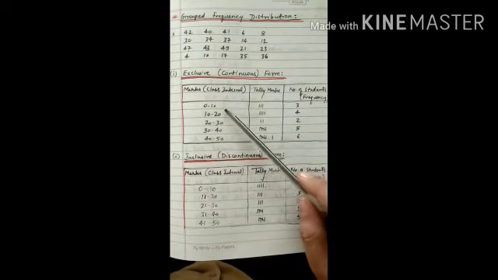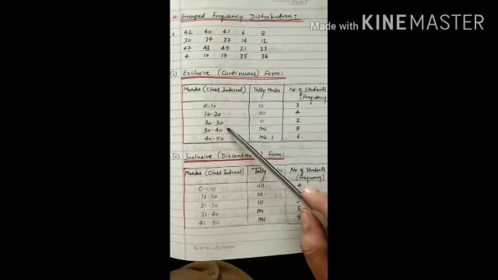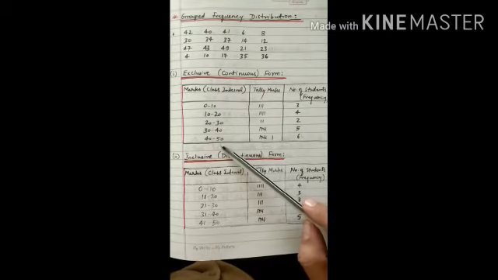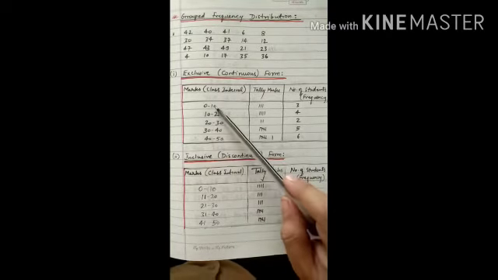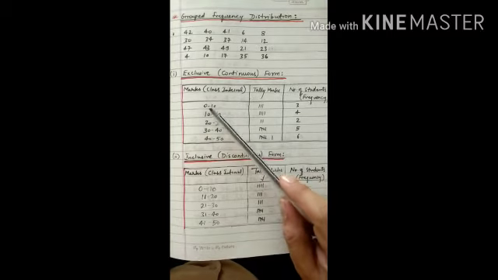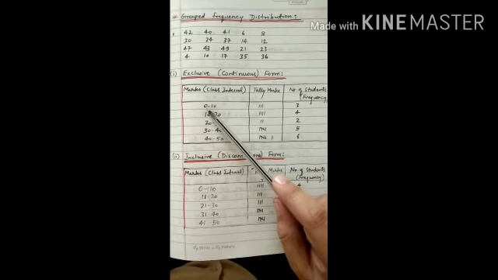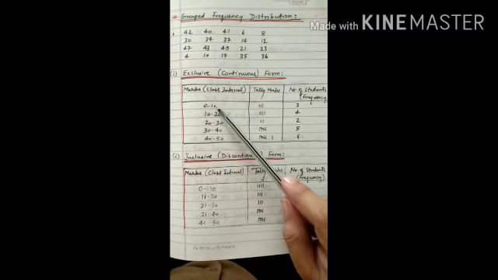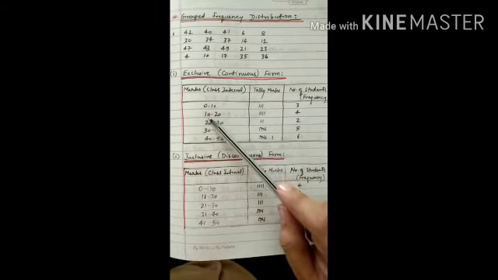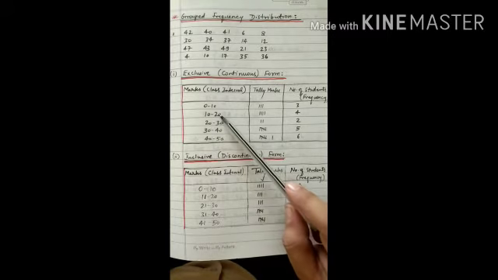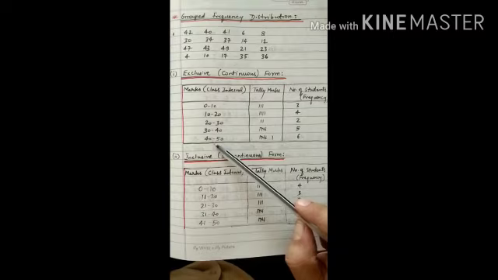So we will make class intervals of 10: 0 to 10, 10 to 20, 20 to 30, 30 to 40 and 40 to 50. In the class interval 0 to 10, the first value 0 is known as the lower limit and the other value 10 is known as the upper limit. Similarly, in the next class interval, 10 is lower and 20 is upper, 20 lower and 30 upper limit, and so on.